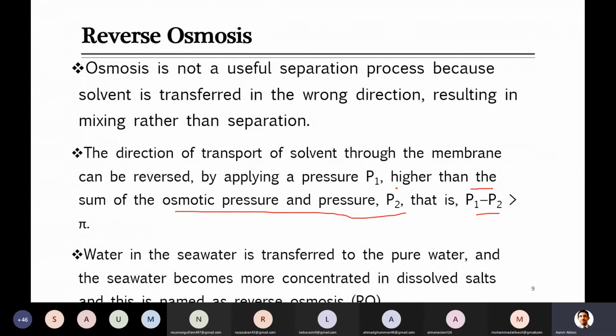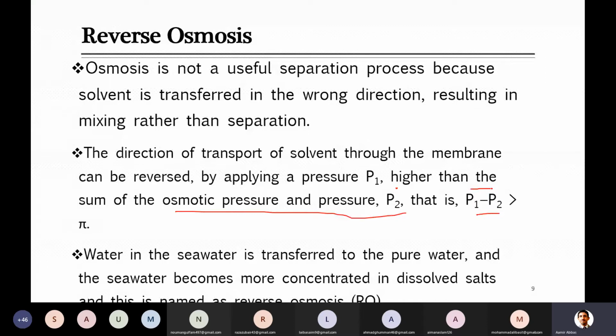seawater and you were pushing the water through the membrane, on that side there will be concentrated water, because when you have removed some water, the concentration of the salt will increase in the leftover water. So this phenomenon is named reverse osmosis, in which we just clean the seawater and we get the pure water. This is also named reverse osmosis.